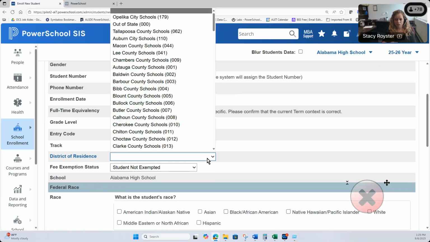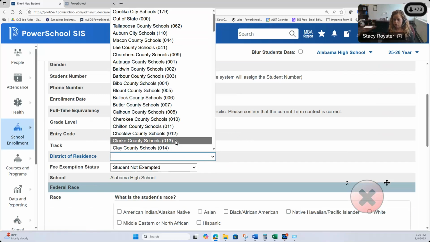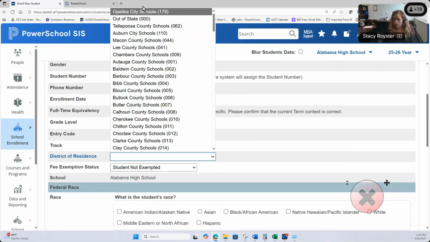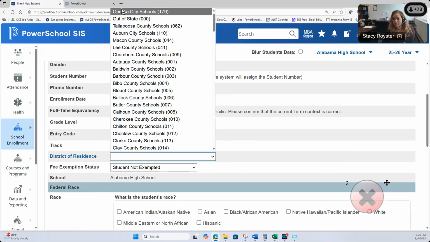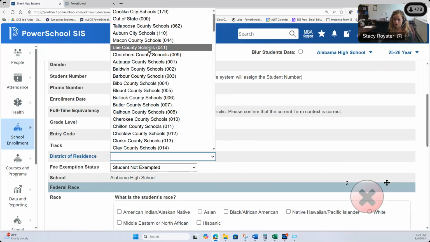Where is this student physically living? Whose school district boundaries? If it is your school district, then you go ahead and choose your school district in the list. Hopefully your district admins have configured you so that you are at the top of the list. Now, my pilot server is an old clone of Opelika, so they're still at the top of the list in mine. If you don't see out of state and you know you get out of state students, y'all please let me know. I can help you get these fixed so it makes it easier